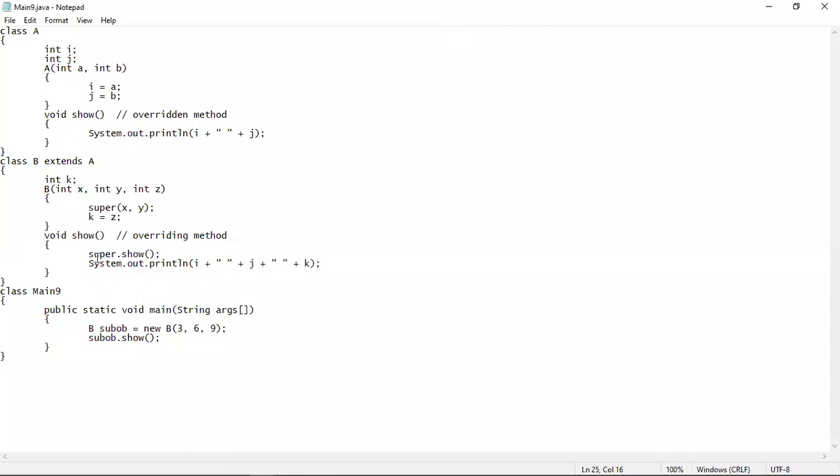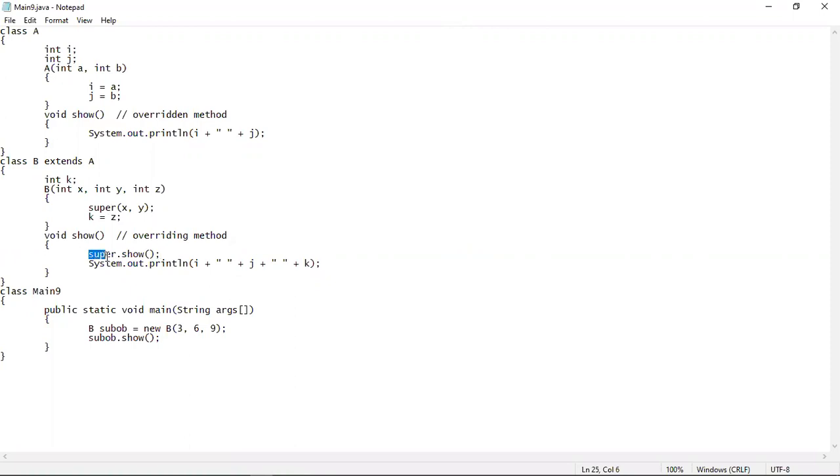So this is another approach of calling the overridden method from inside the overriding method. Suppose you don't want to create the superclass object in order to call the overridden method. You just want to use only a single object in the program, which will be of the subclass. Now, if that is the case, then you cannot use the approach that I have just explained to you. You have to use this approach.